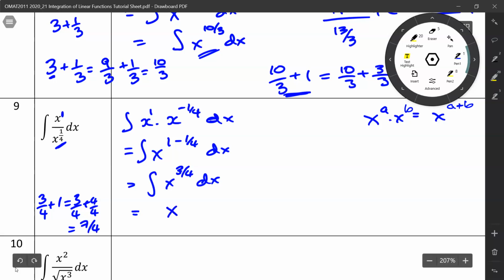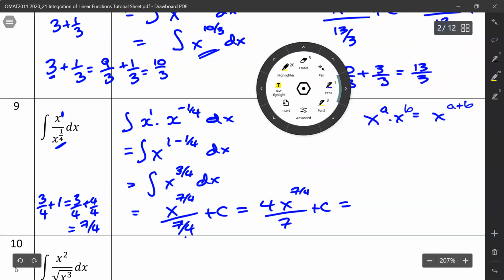So x to the power of 7 over 4 divided by 7 over 4 plus our constant of integration. And of course we can swap this around because it's 1 over 7/4. So it's 4 times x to the 7 over 4 over 7 plus a constant of integration. And I forgot to do it on the previous one, but we can then split that into,